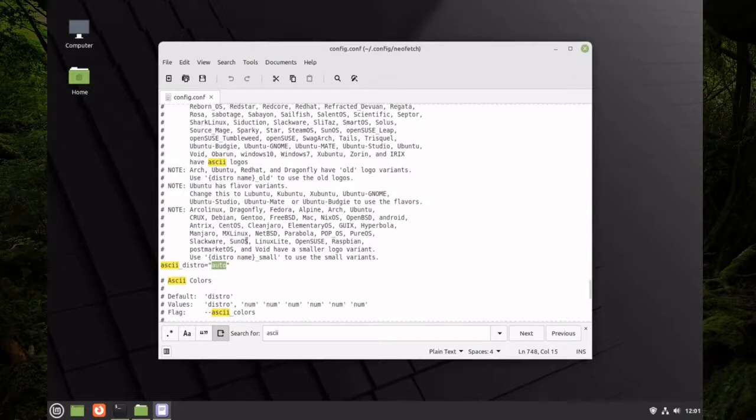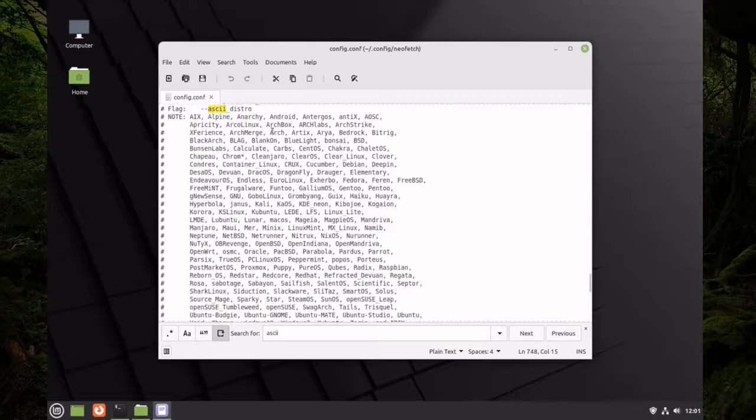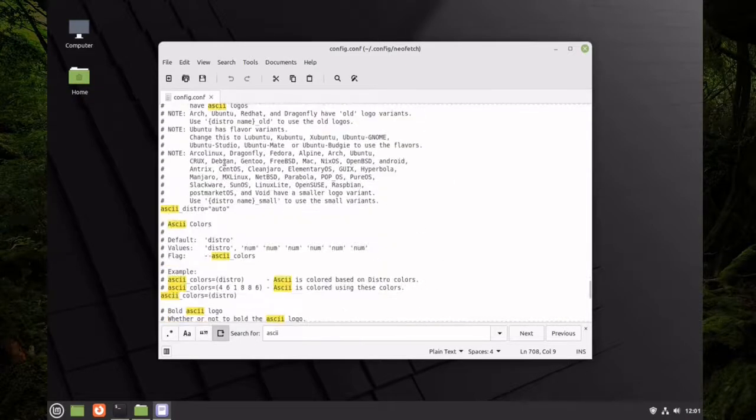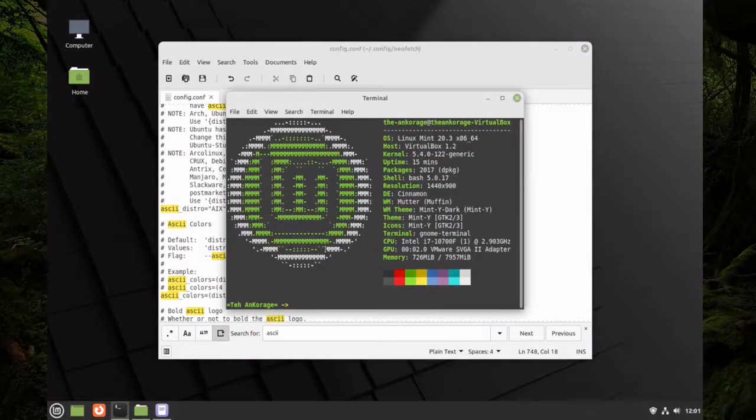So let's say we wanted to change that. Well, we could come right up here, look through the list, find one that you happen to like, but we're just going to go with AIX. So we're going to copy that, come back down to ASCII distro auto, and change auto to AIX. And we'll save that, and we'll come back over here, and we'll punch in that source